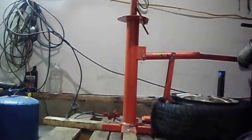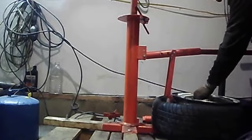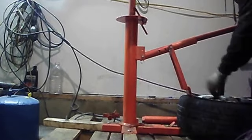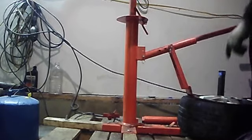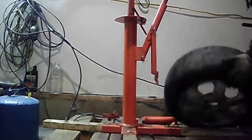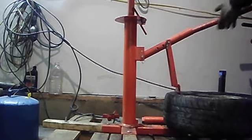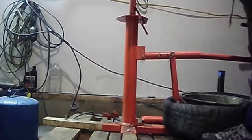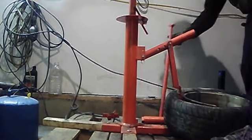My best trick and tip I can tell you is if the bead won't break, sometimes you've got to move the tire out a little bit so it angles in more. You just got to work your way around it that way. This one happened to just break right down, probably because I just dismounted and mounted it. But you're going to do the same on the other side. And it breaks right down. Once your bead's broken,